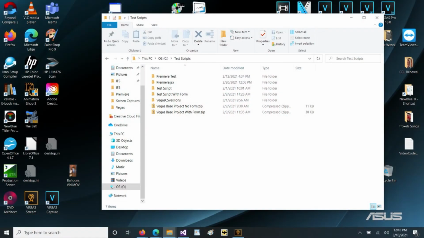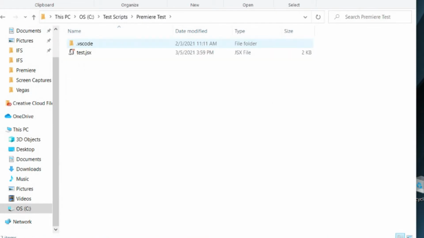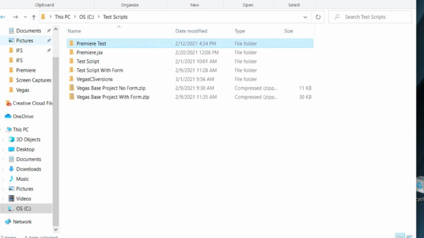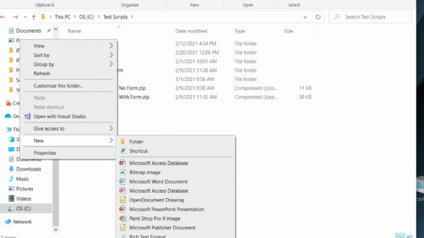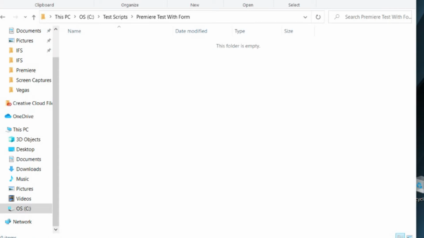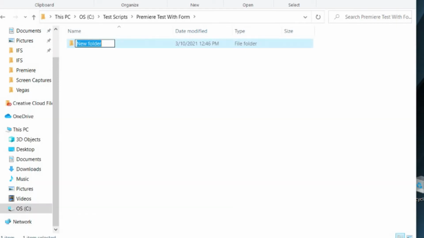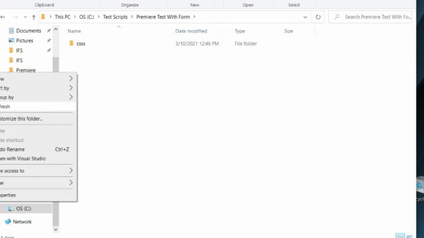First of all, we need to create the correct folder structure. So far we've been using this Premiere test folder, and then we have used our test.jsx file. So let's create a new folder, and we'll call this Premiere Test with Form. Now that we have this folder created, we need to create the actual structure we're going to be using. First of all, we need a CSXS folder. Next, we need a JSX folder,